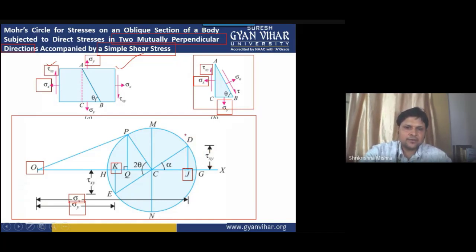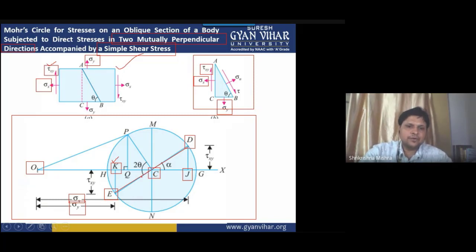All right. After marking this point D, again in the same manner, from this point K, since K represents your sigma y, you will drop a line in the downward direction, and its length will be equal to the shear stress value, meaning the JD value. After marking this point E, you will join this DE line, which will intersect this XX axis line at point C.